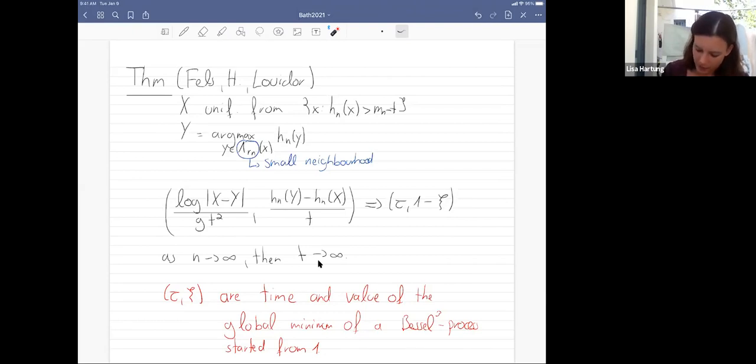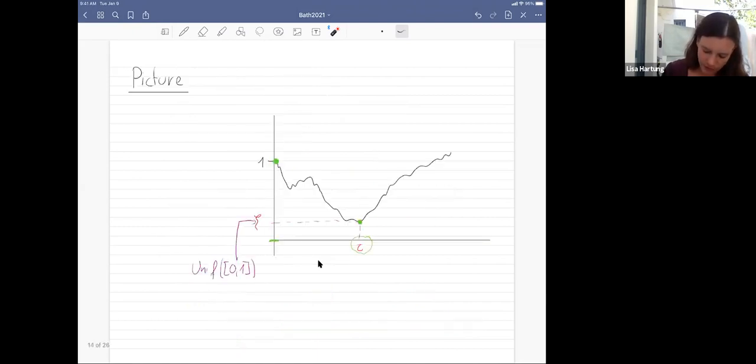So this limiting picture on the right-hand side that we would like to find, the picture is this. Somewhere there's a hidden Bessel-free process that is conditioned. So it's just some Gaussian process that starts at 1, conditioned to not go below 0. So at some point it will take its lowest value. And at this point where it takes its lowest value, it also has a certain height. This height actually turns out to be uniformly distributed. And you can also say something about this time.